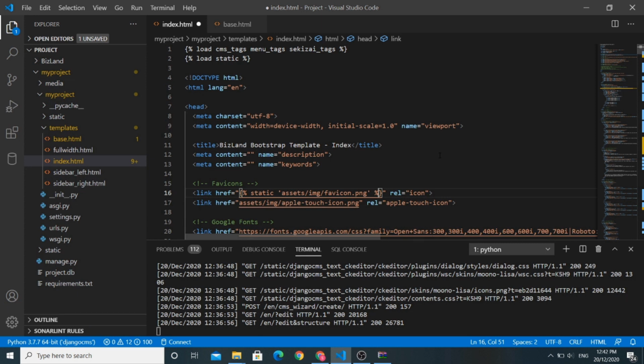As this is a Django project and we have all our static files stored in the static folder, we would like to call all these files from the static folder. So that's why we need to add these elements in our assets.